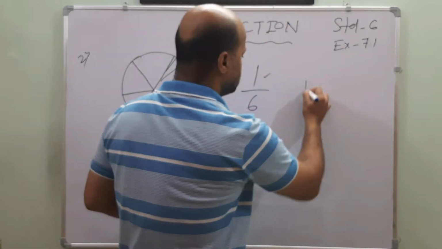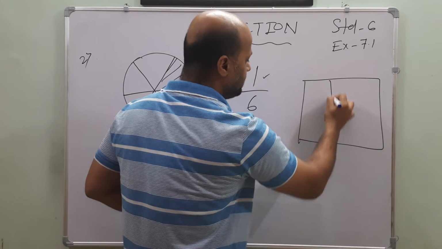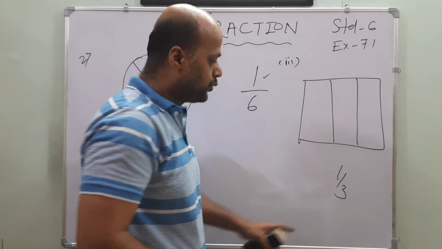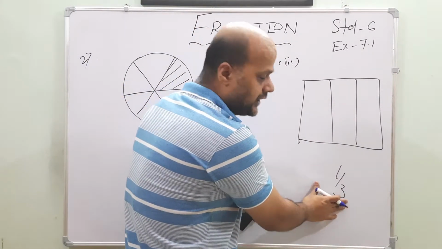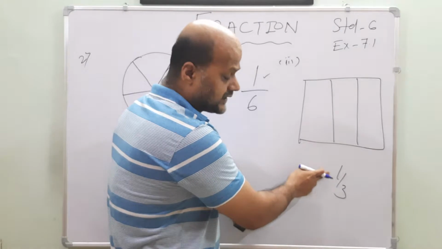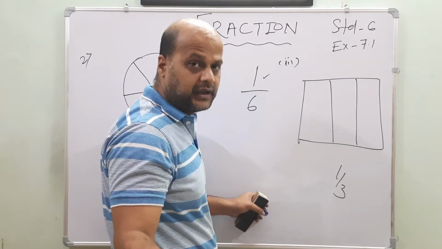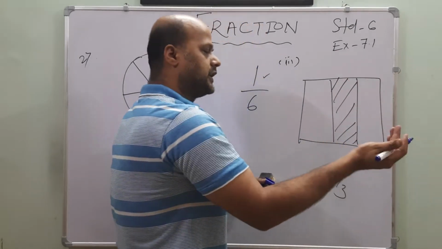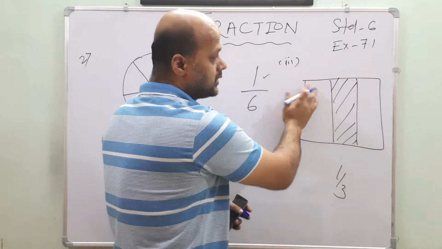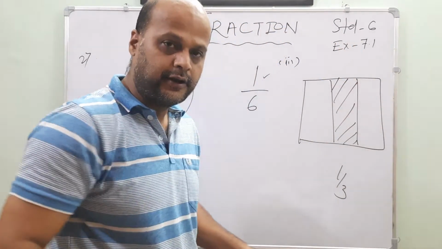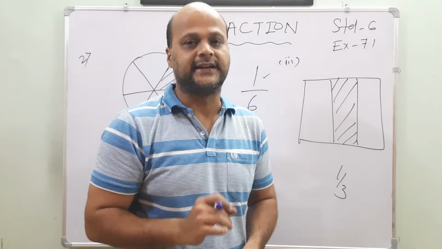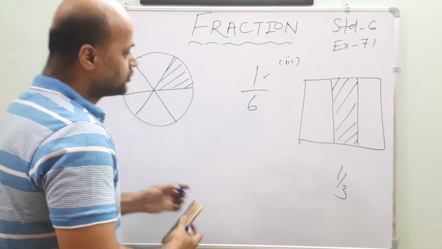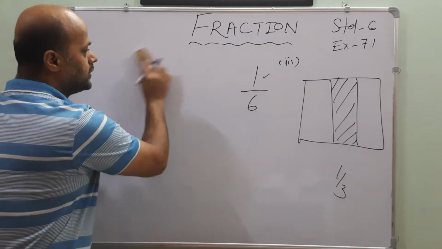Again, it's saying a rectangular box is given and the fraction is given, 1 by 3. It is the third part of the second number. 1 by 3. The box is divided into 3 parts, but what is the numerator? It is 1 by 3. Out of 3, 1 part is shaded. Any part you can take. I take this one, it is also correct. Out of these 3, you can take this one also. Out of 3, any one you can shade or color. Your answer will be correct. Understood? Okay, let's go to the third number.